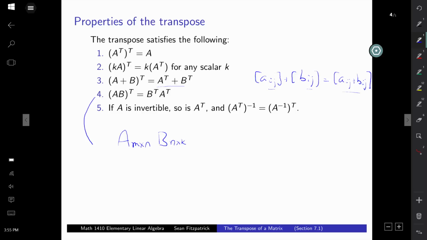You can see why, if there is going to be a rule for the product, it has to be this one, because remember that in order to multiply A times B, these two values have to match, they have to be equal, okay? And the whole thing overall is an m by k matrix, right? And so if we transpose an m by k matrix, (AB) transpose, we know that this should be